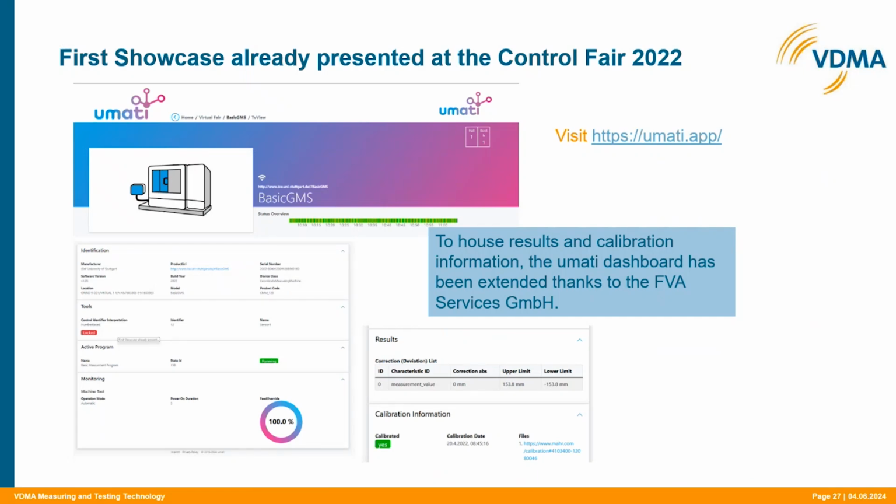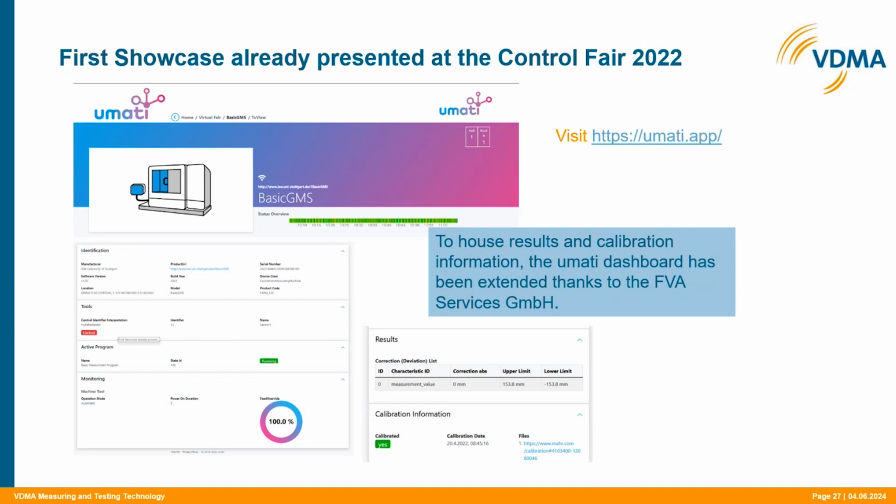So I was very happy because in 2022, prior to the release of the standard, we were already part of the UMATI community. We means most of our contributors from the working group. We were part of UMATI, and FR Services GmbH adopted the OPC GMS for UMATI. And because we rely heavily on machinery and machine tools, which was already at UMATI, this was a good decision actually. The link is provided here.